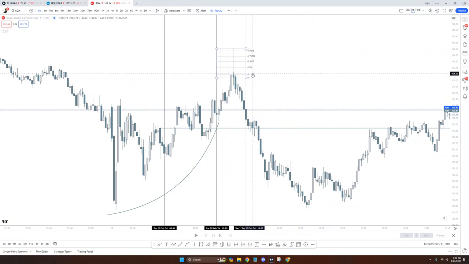Now, when you use these fib levels, the circle of 9 fib levels on PD arrays like this, you don't want to see it close above the 56.25 in this case. If it does, you're going to see continuation. But because it is respecting this level, that is all you need to observe. Now, when it comes to the actual candles, again,